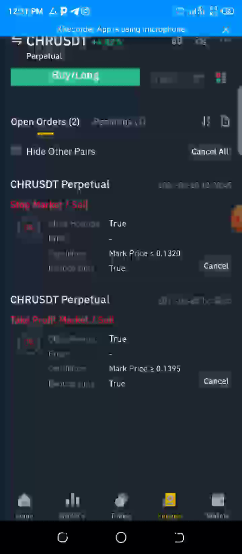Understand? But if the reverse happens, then I will also accept the loss of 1 point something, the 1 point 30 something dollars I saw there. Understand? 1.30 something, $30 or so. So that is it. These two orders help you control your trade.